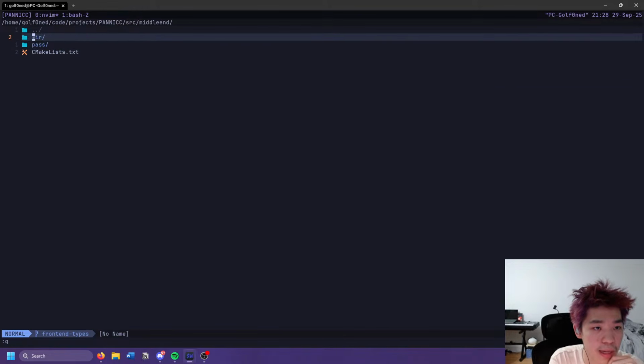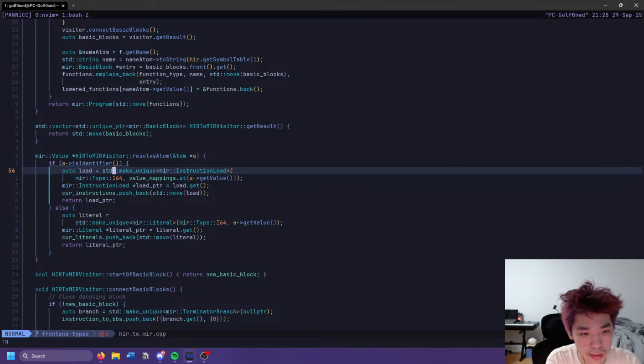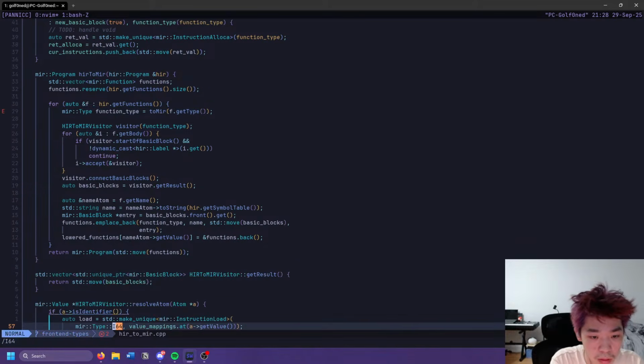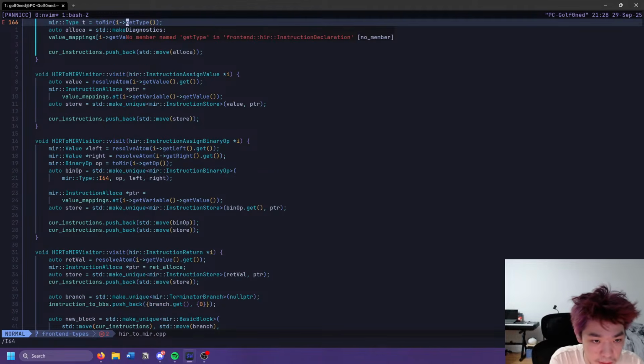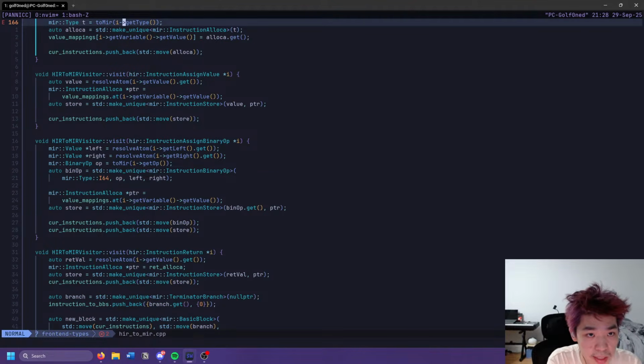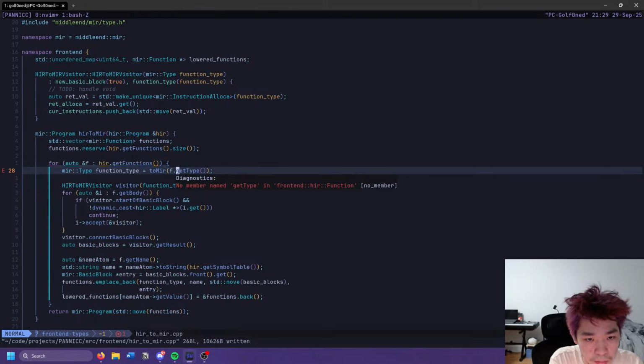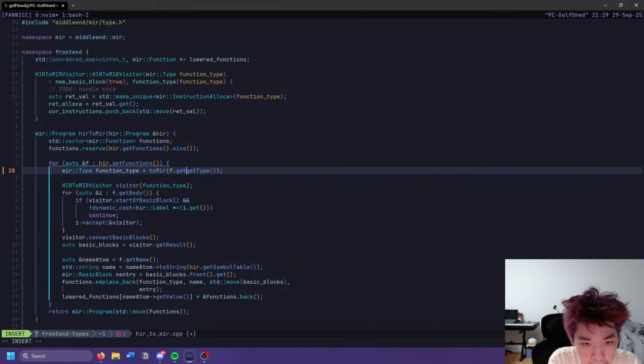I don't think we need to make changes to MIR proper, so I think we can just change the small things here that don't exist anymore. Also, we need to change the hard-coded I64 values, but first we can do this. Instead of get type, we have get variable, get type. Okay, that cleaned up, and then variable, get name,